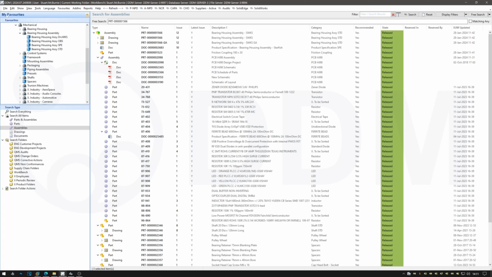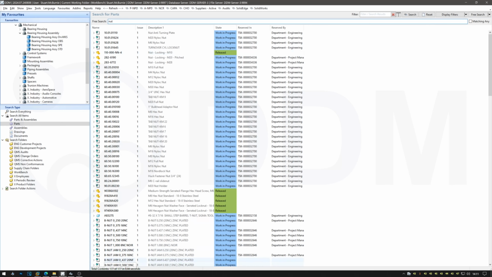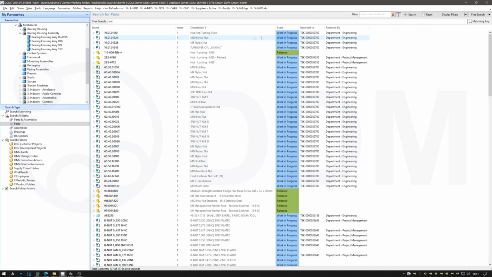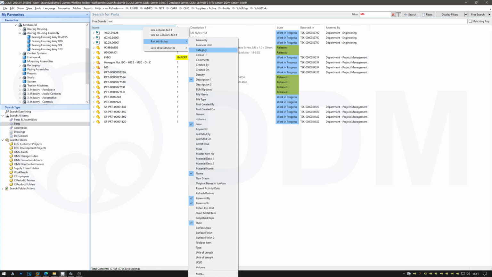If I, for example, search across all parts and I search for the word nut, then I've got 177 results back in the query. If I just size all the columns to fit, if I was looking for example M6, I've very quickly filtered down on those search results. So it will not change the search, it's only filtering within the search and only within the text that is displayed in this window. And therefore, if you switched other columns on, then it would also search within the additional